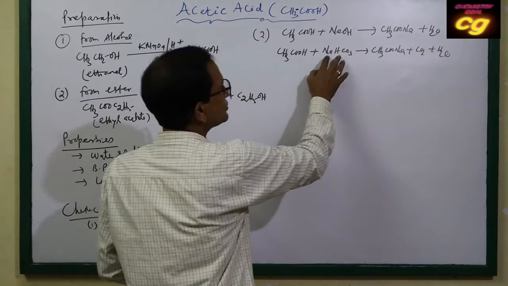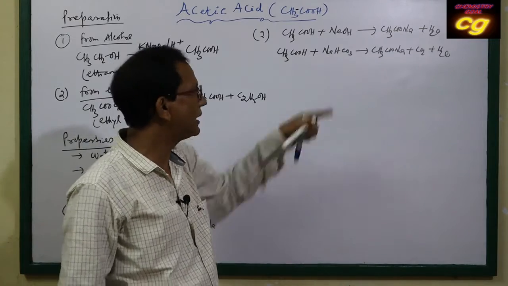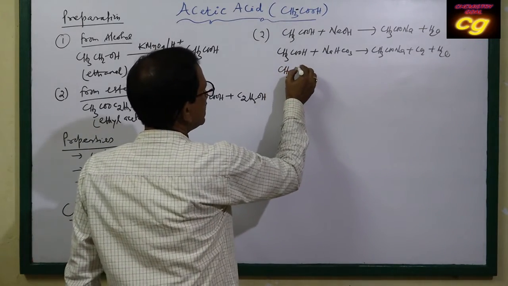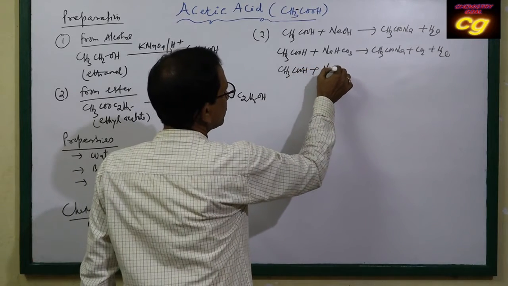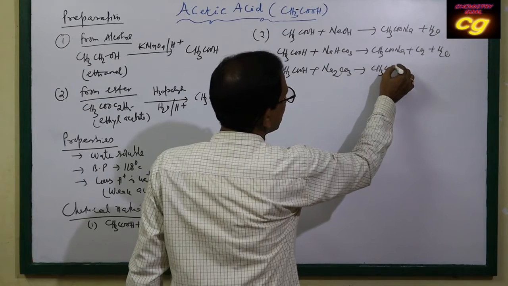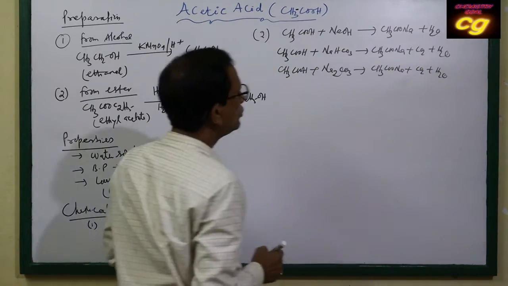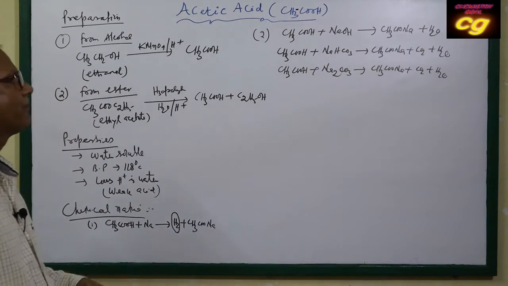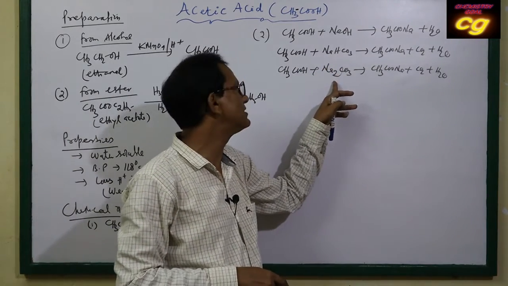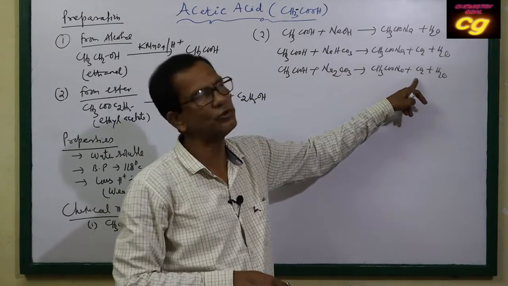Acetic acid reacts with some salts, that is bicarbonate salt and carbonate salt, and produces CO2 gas. Acetic acid reacts with sodium carbonate forming the same acetate salt, carbon dioxide and water. Because sodium bicarbonate and sodium carbonate are basic in nature, they react with acetic acid forming salt and CO2 gas.